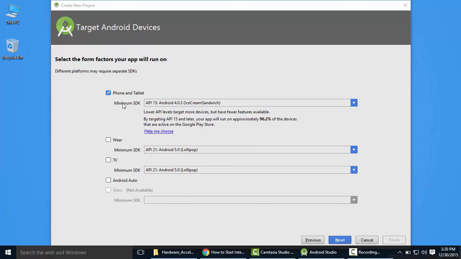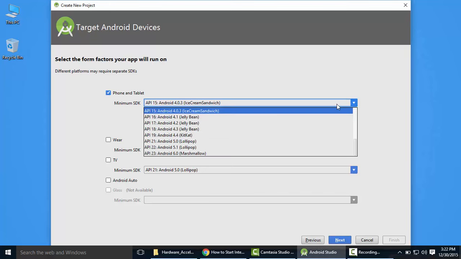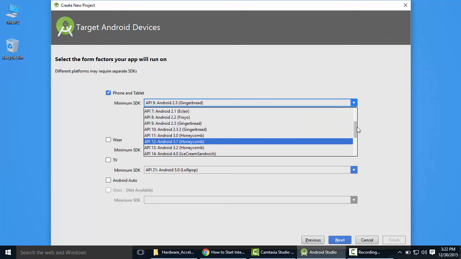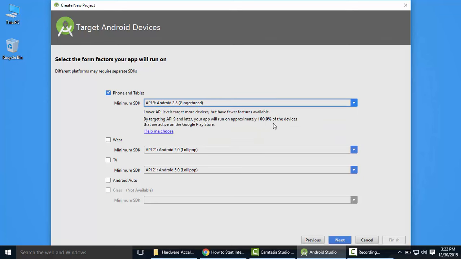Here you can set the minimum SDK. The already selected minimum SDK is the API level 15, which is the Android 4.0.3. So here you can see the lower API levels target more devices but have fewer features available. By targeting API 15 and later, your app will run on approximately 96.2% of the devices that are active on the Google Play Store. So if you want your app to target the 100% of the devices, you can select the minimum SDK from right here, such as for Android 2.3 you can target the 100% of the devices, but